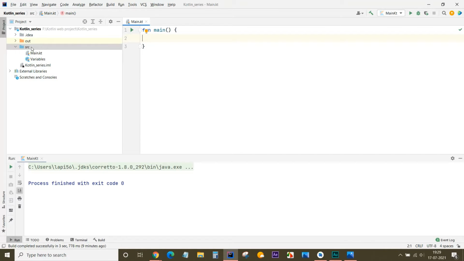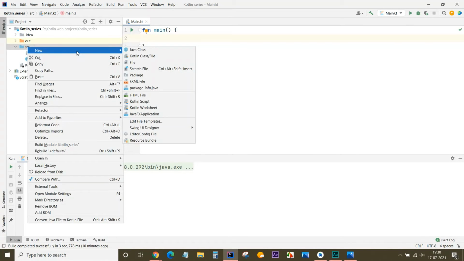What I am doing is creating a separate class for each program. For example, in the last class we discussed variables, so I created a variable class. Now we are discussing constructors, so we will create another new class.